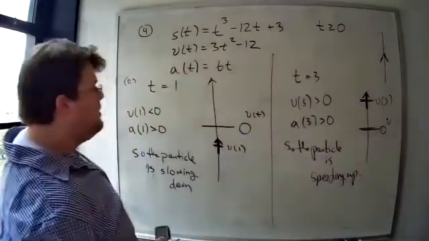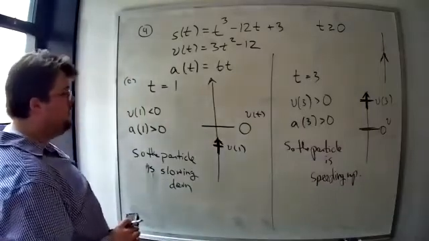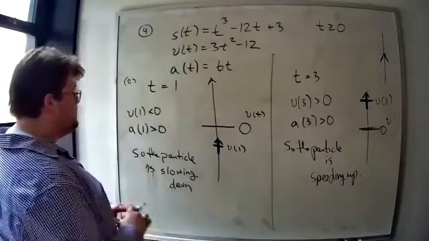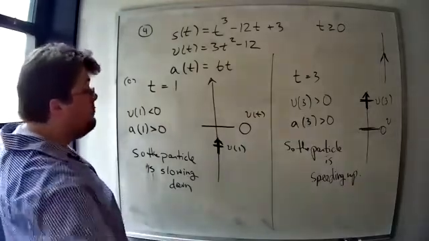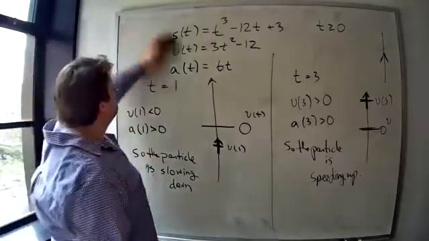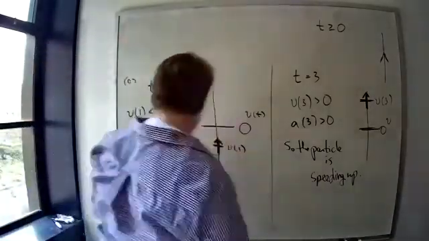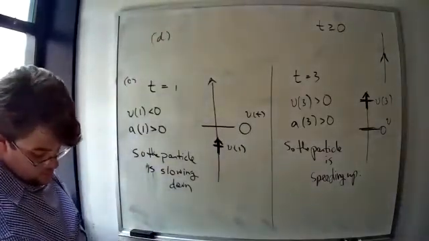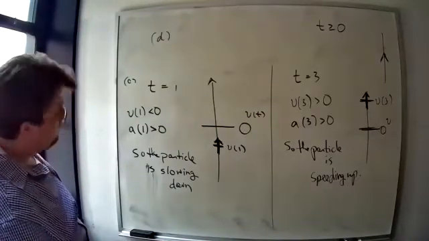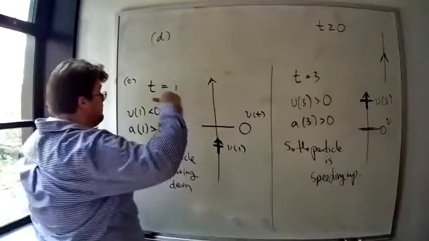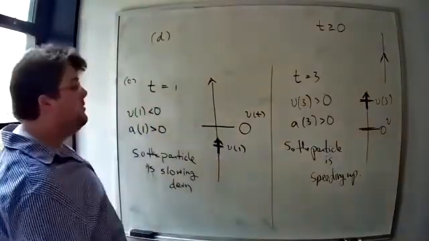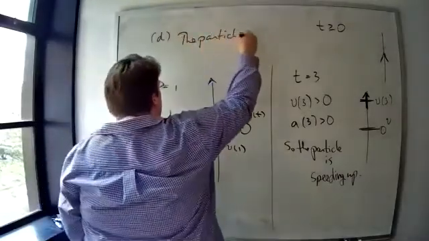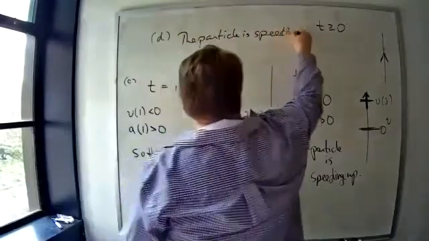Any questions about this? So remember, velocity getting closer to 0 means that it's slowing down. Velocity going away from 0 means it's getting faster. And part D just asks to generalize this example: on which time intervals is the particle speeding up or slowing down? Well, velocity is 0 at 2. So again, this is going to be split at 2. So the particle is speeding up